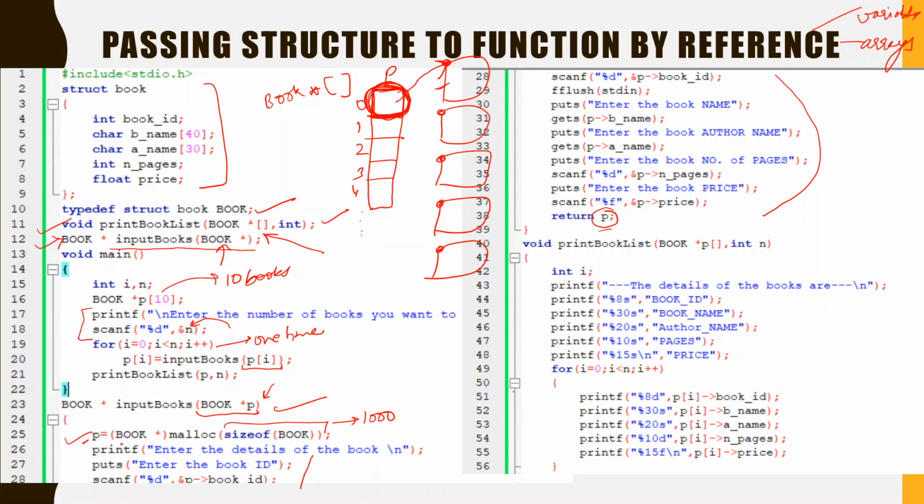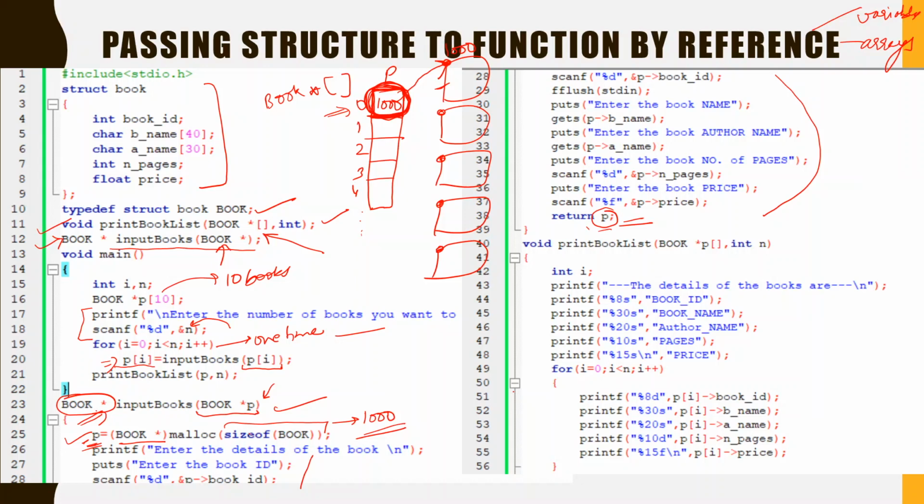And since p is a pointer, because we converted it into a book pointer, this would be a book pointer to return, and this pointer would be captured in this pointer variable. So this 1000 which is allocated to this p is returned with the help of this p, and this is converted into a book pointer, and then this book pointer is assigned to pi. Currently pi is 0, so this 1000 will get stored here, and this is the base address of this particular block. Suppose we have run this program for multiple times, so what will happen?